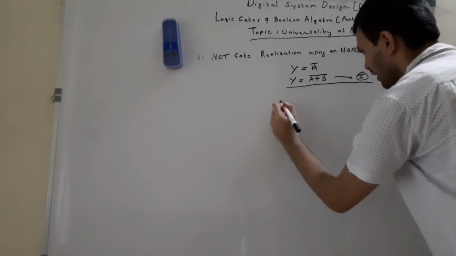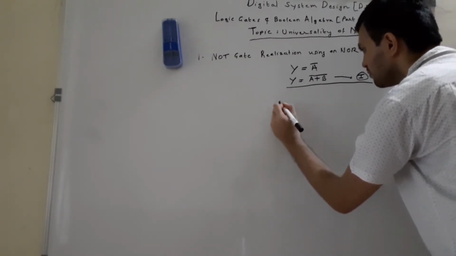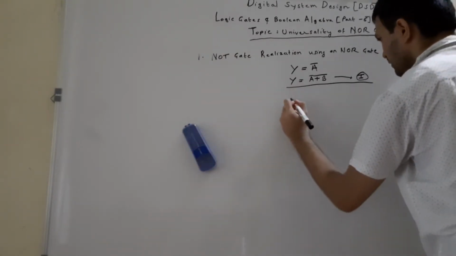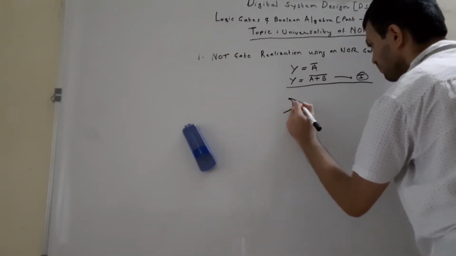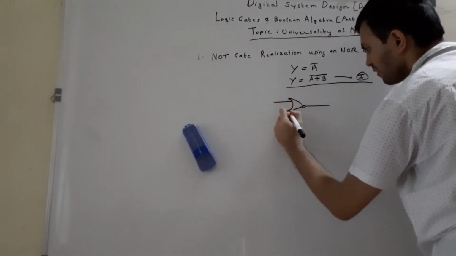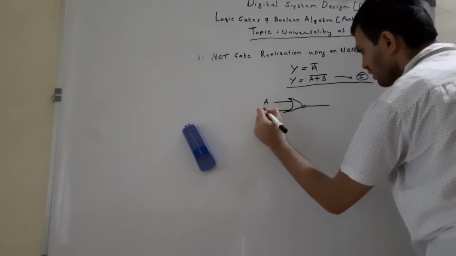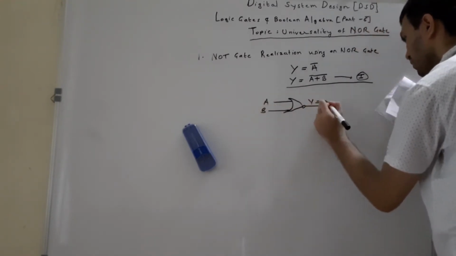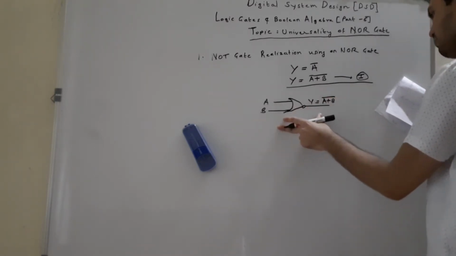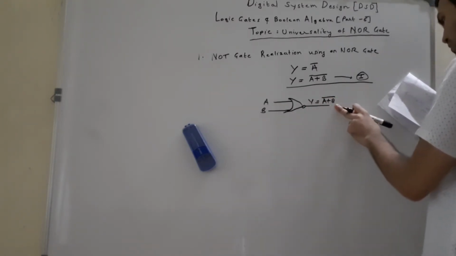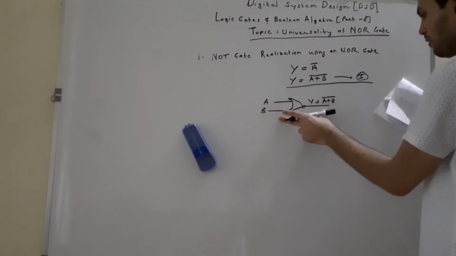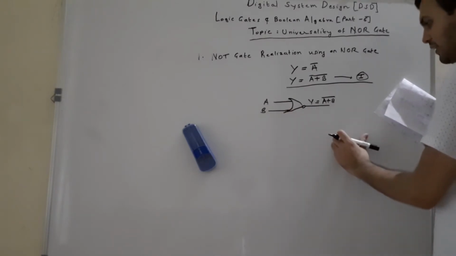So here is the logic diagram. This is the NOR gate, whose logic equation is given by (A plus B) the whole complement. So this is its logical symbol and its Boolean output expression, Y is equal to (A plus B) the whole complement. Now we want this particular gate to function as a NOT gate. How will you realize that?